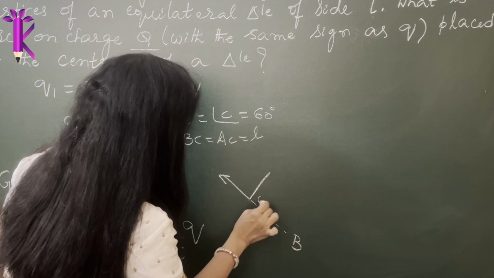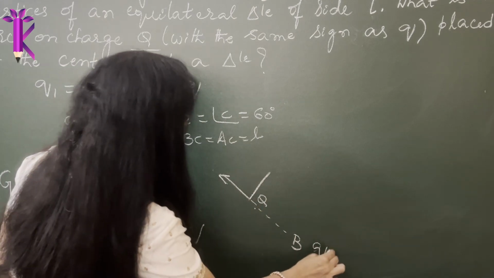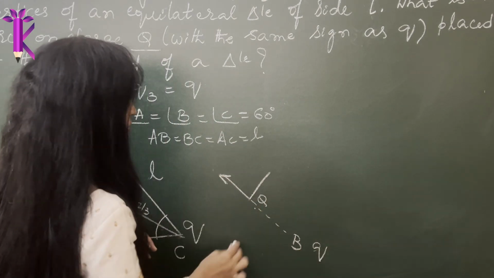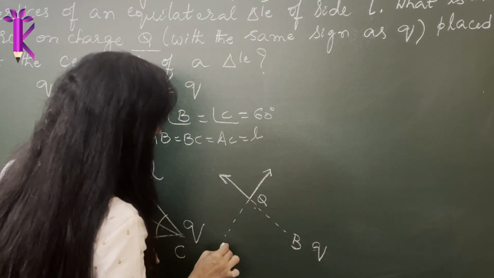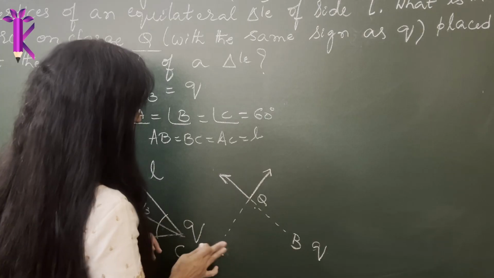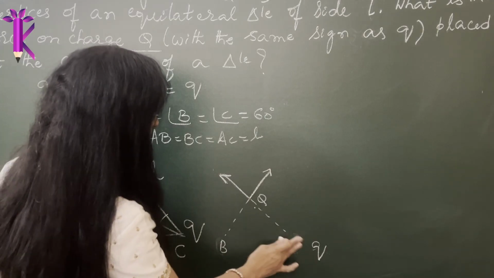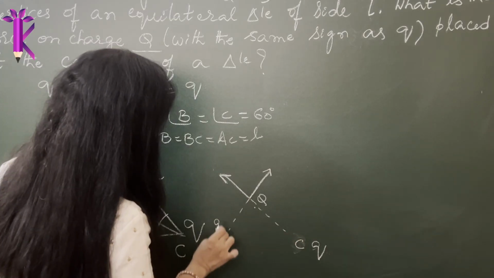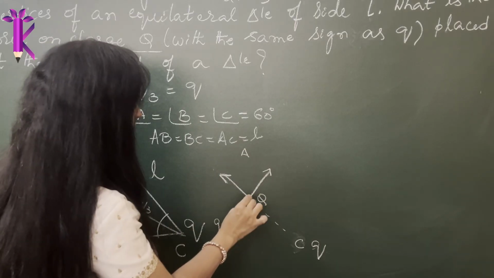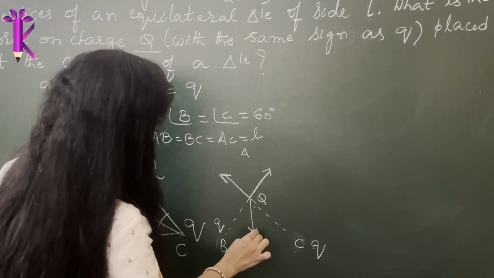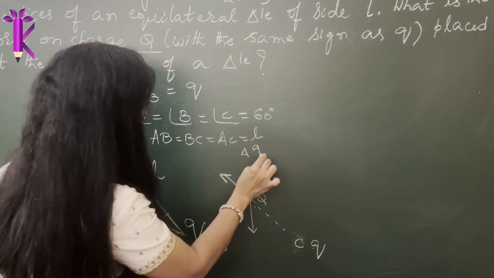So this is your charge Q placed here. This is Q, right? It is experiencing repulsion here. It is experiencing repulsion here. This is the force it is experiencing due to the charge. Oh, sorry, B is here, C is here, I'm sorry. So even here, this is the charge Q, it is experiencing repulsion. Similarly, you have a point A, it is experiencing repulsion in this direction, due to your charge Q.